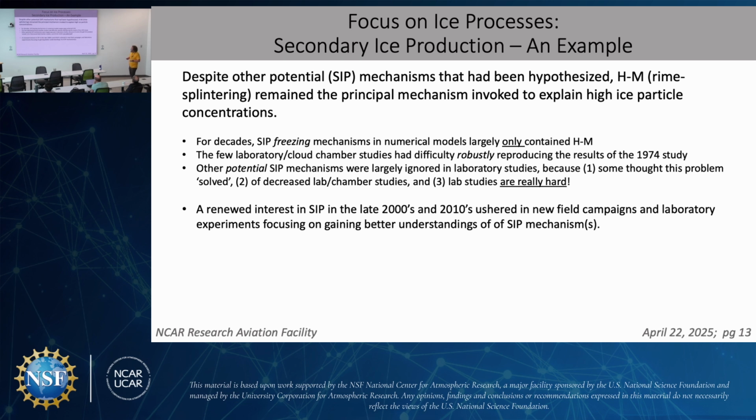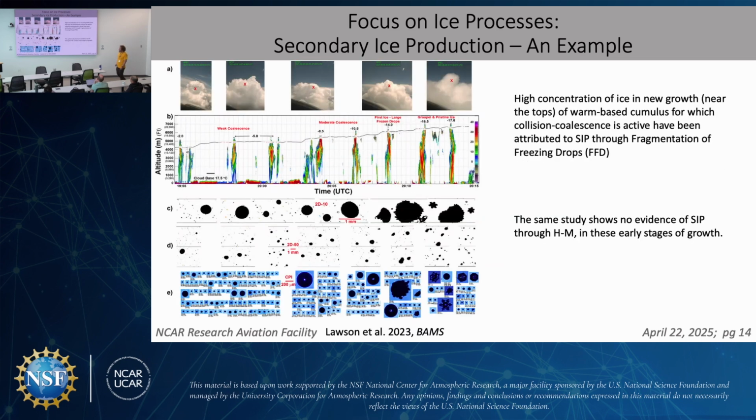But it was really in probably the early 2000s and the 2010s that new field campaigns and new laboratory studies started coming out that really began to call into question the validity of the Hallett-Mossop process, certainly as the sole mechanism that was leading to secondary ice production in clouds. This is an example